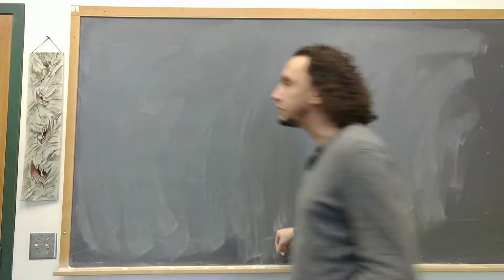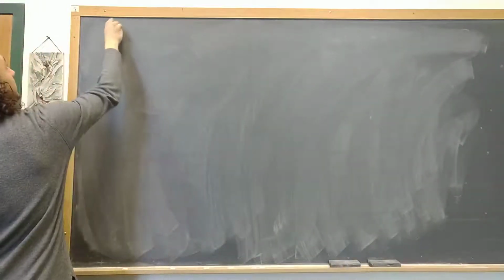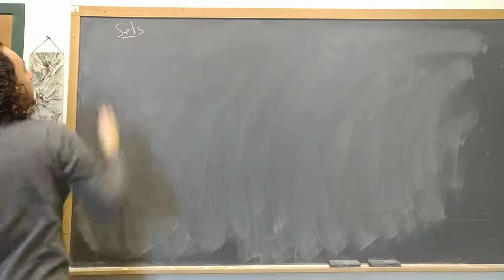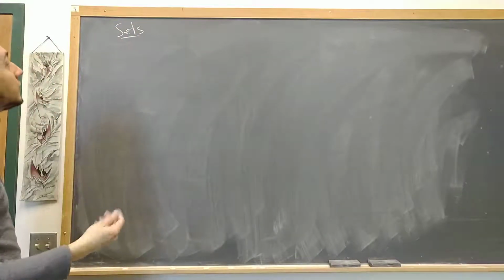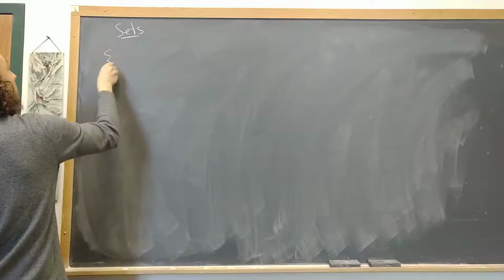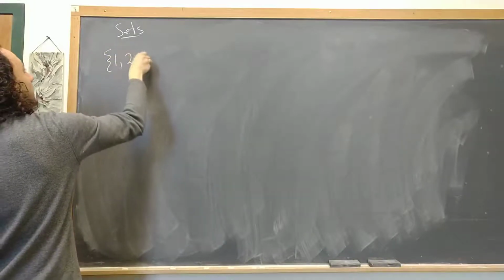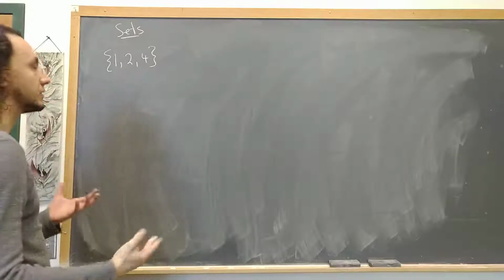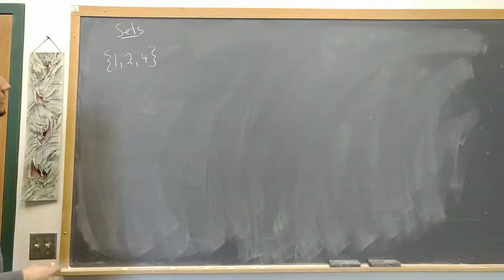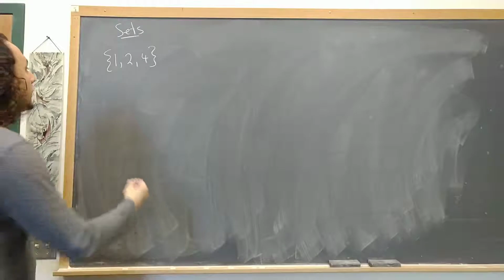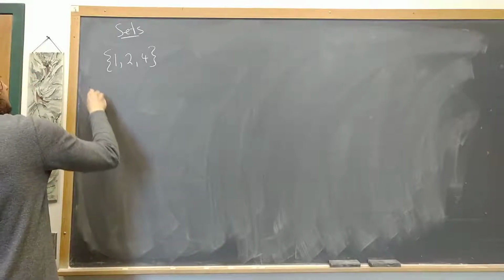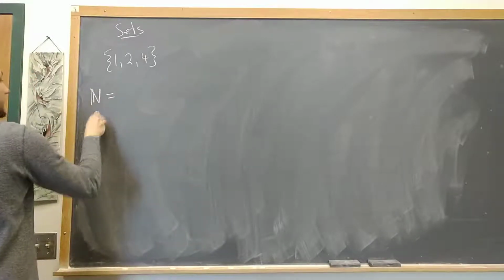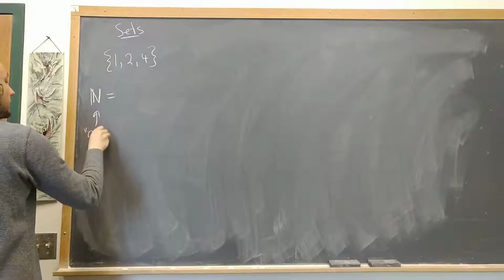So today I want to continue our discussion on sets. And I want to pick up from the last video in which we saw some simple examples, for example, this set, and we reasoned about the basic properties of sets and some of the notation and operations. And I want to go a little bit further. So for example, I want to introduce the set of what are called natural numbers,